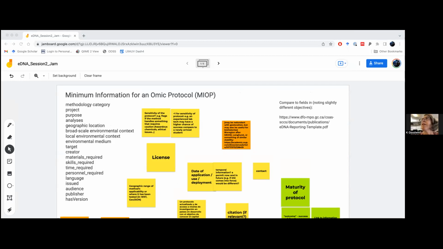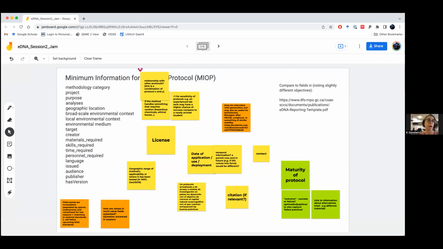And so one of the things I was thinking about is maybe we could do some trial runs after we're done with this initial discussion. Why don't we either pick some protocols that already exist and pretend that they don't, like we're going to create them, but in 3 different categories or something, where we hit different categories. One of the protocols I was thinking, and I don't know whether this is appropriate or not, comes back to what Frank was saying, which is how difficult it is. Oh, I'm going to use MixS. And then you get in there and you're like, huh? And I want to make something that also works for Darwin Core or OBIS.